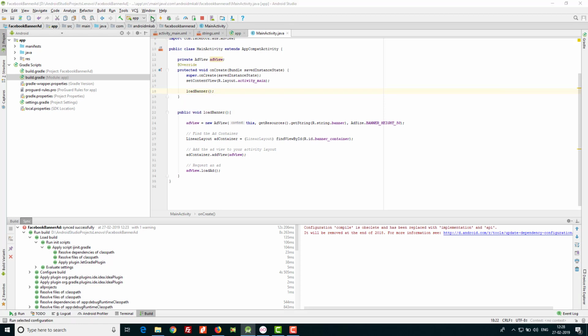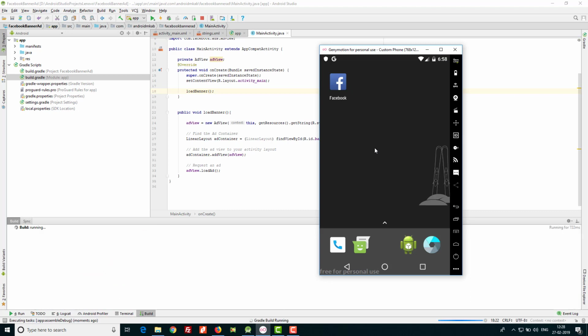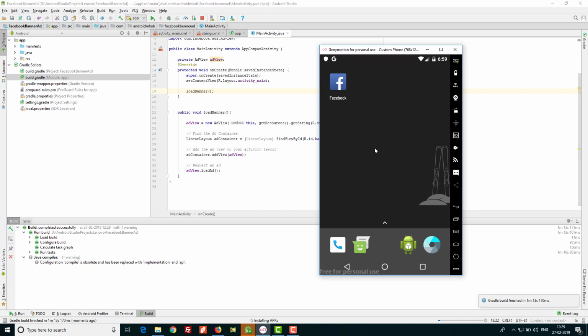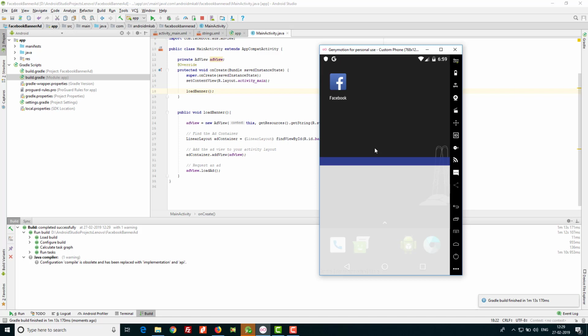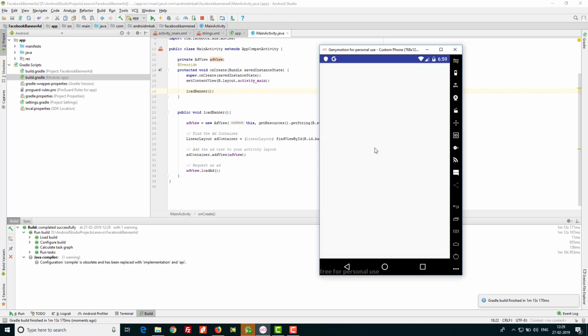Now we will run this code and see. Android Studio is installing. It successfully launched the app and you can see the banner ad here.